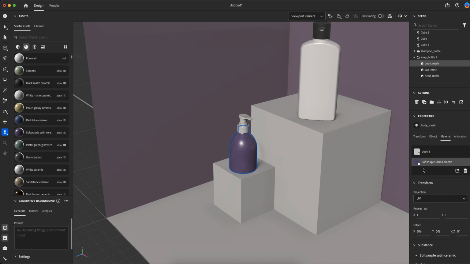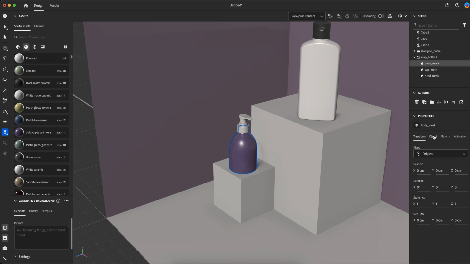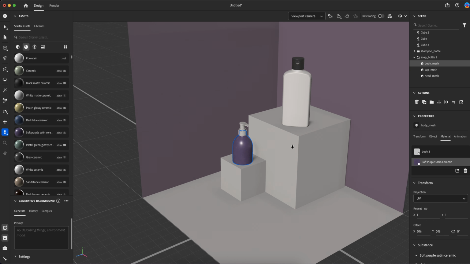You can further manipulate and customize the object and material properties through the properties panel down here. Now let's talk about adding custom graphics, which is what we will be doing in class today. This is super relevant to all of you because this is how you'll drop artwork onto objects, your custom artwork